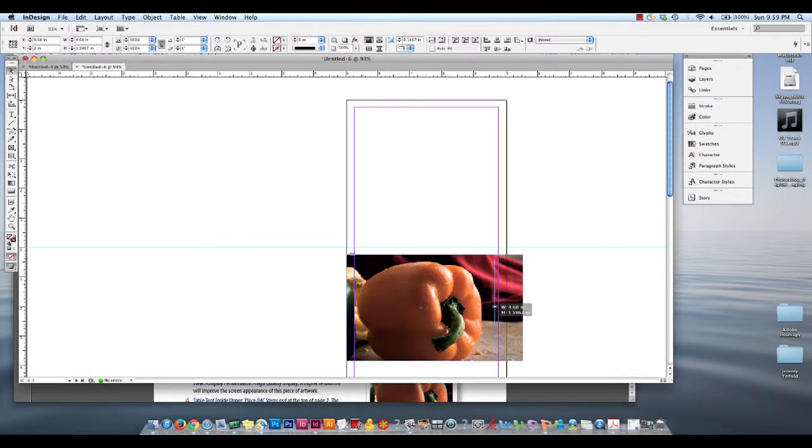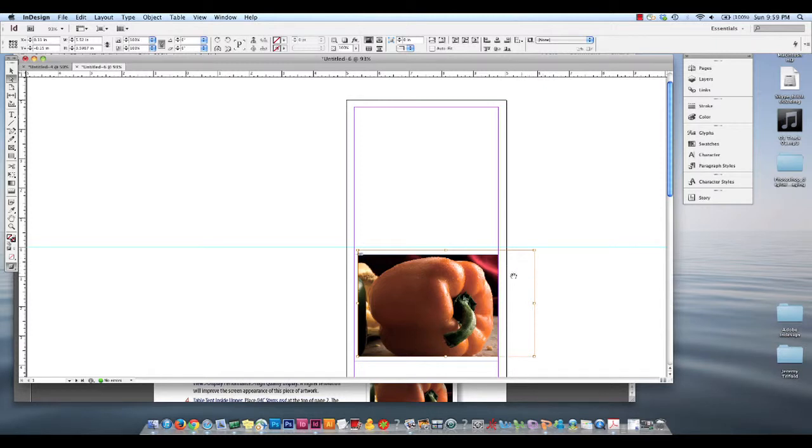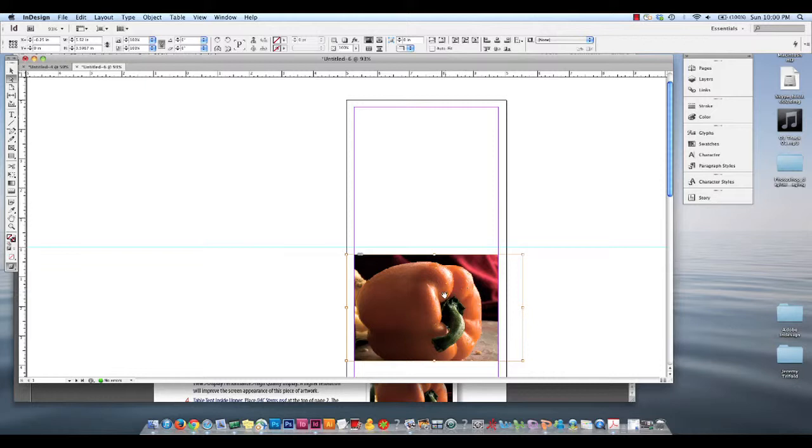Just by moving the text frame itself, you can make more or less of the tomato visible. And you're just going to crop it down to the margin that we set when creating the document. I just want to show you also that if you grab the white arrow, the direct selection tool, you can see how much is actually sticking beyond the frame. Since this is an image, it's not text, so I guess it's just a frame. So